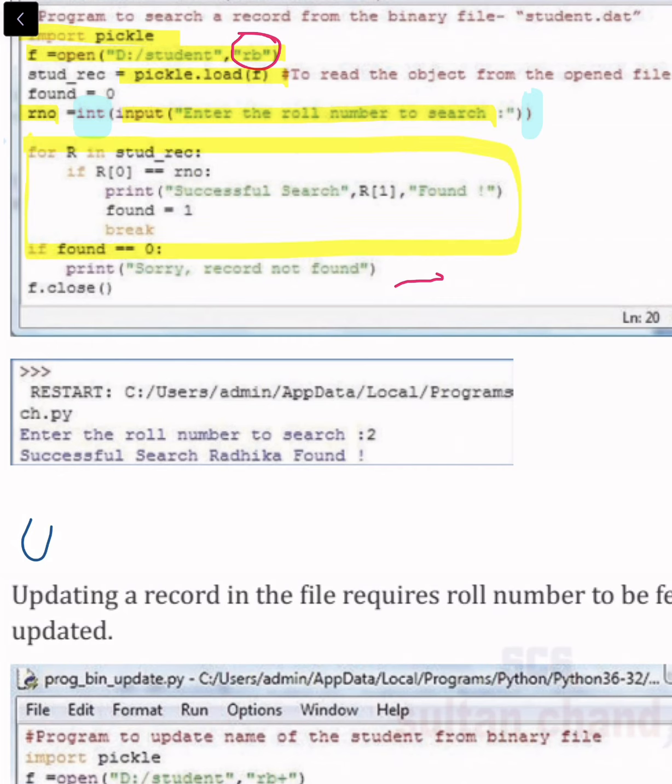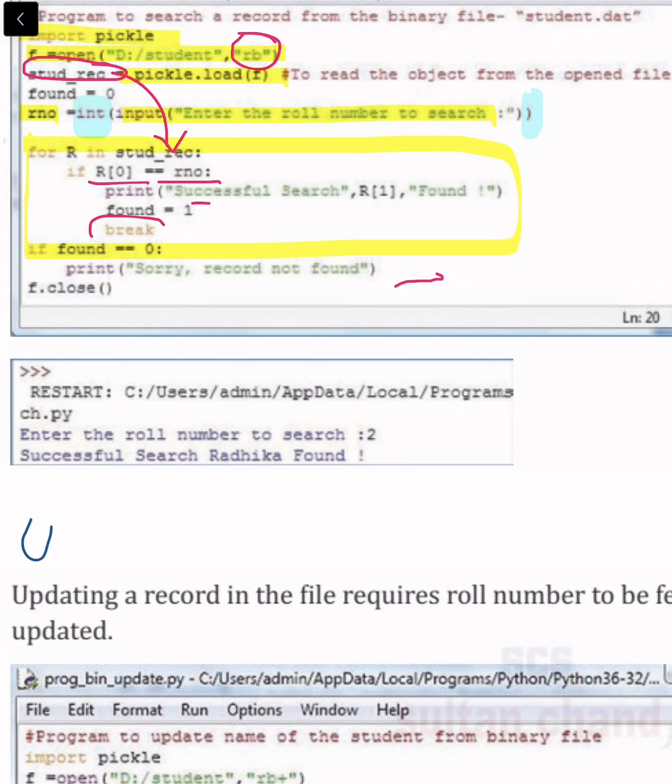For R in student record, what was student record? It was the content that was read from the binary file. So it will search for R in the binary file content. If it matches, it will return the roll number and the content.